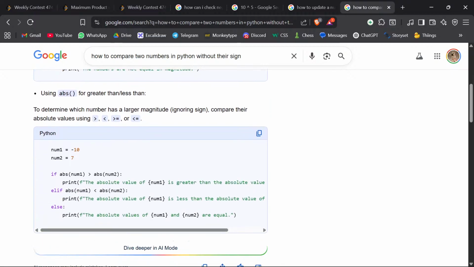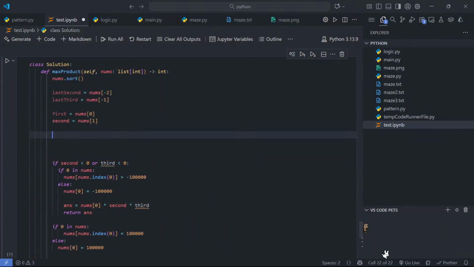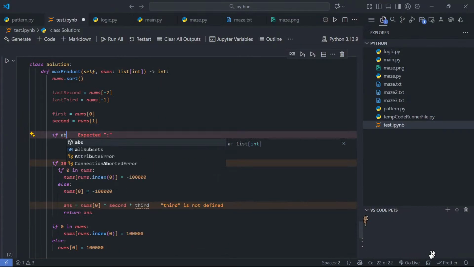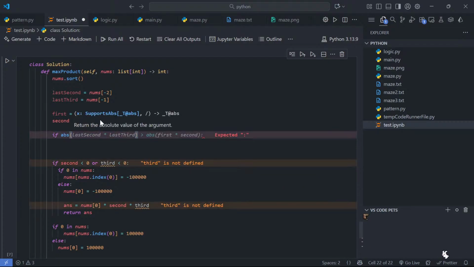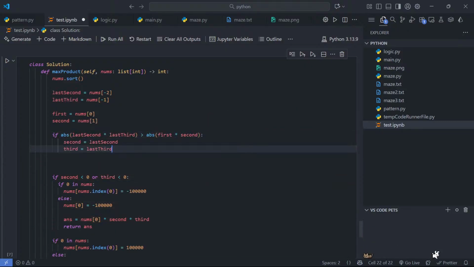Absolute value. Okay, we can take the absolute value. Let's do this. If abs, exactly what I am trying to do. If the last second and the last third multiplication is greater, then the second is equal to last second and third is equal to last third. Else,